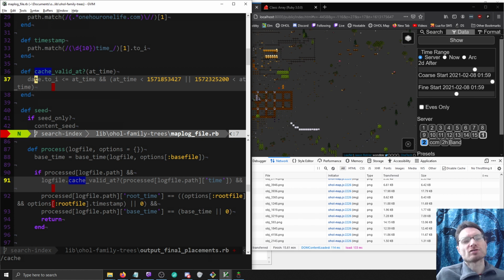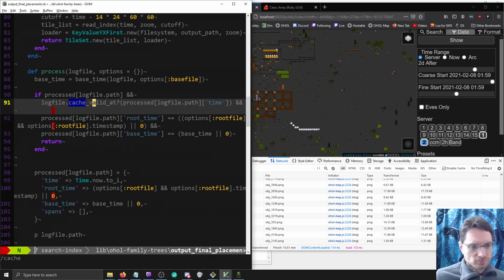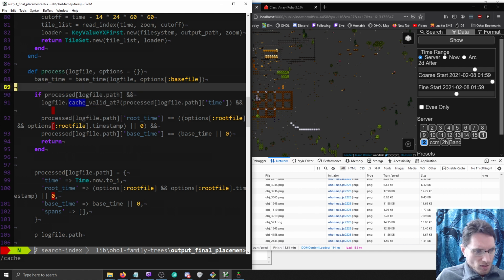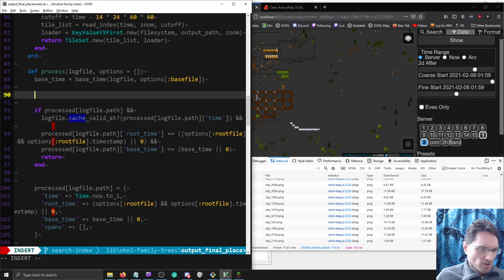Oh, the timestamp of the file. Yeah, so the processed at time is greater than the time of the file, which if nil translated to 0, that would be fine. So we might have something like,